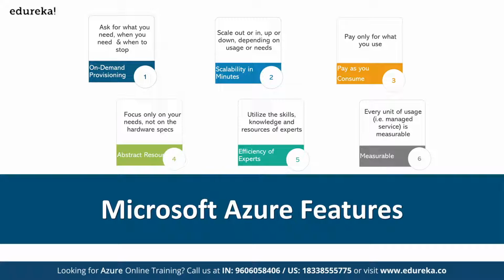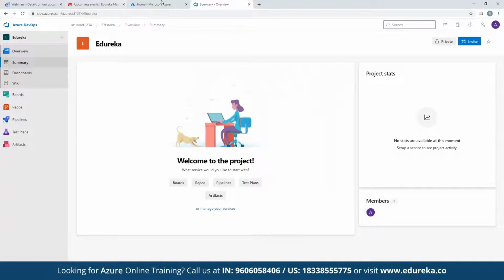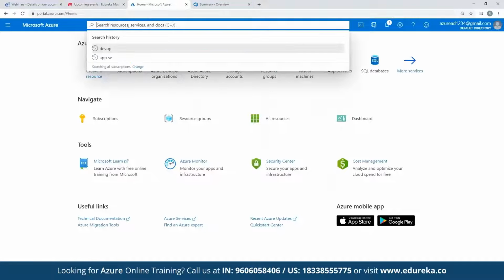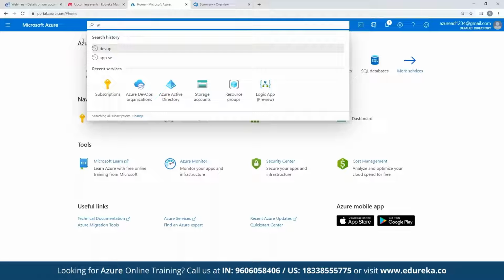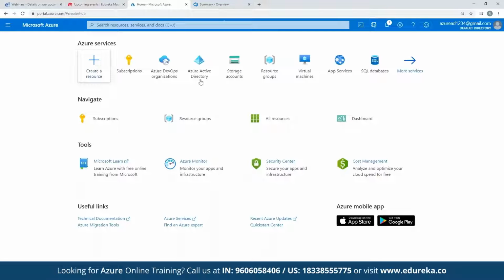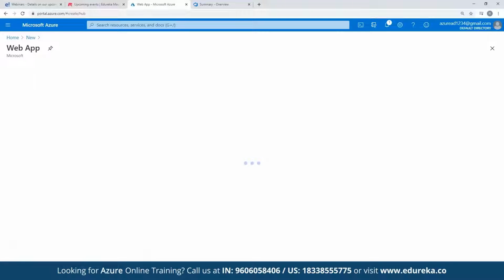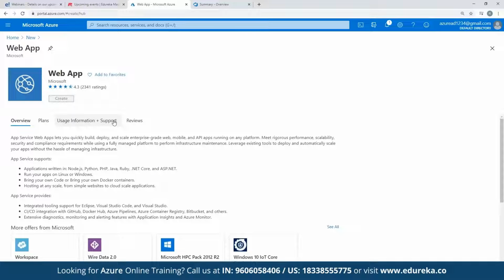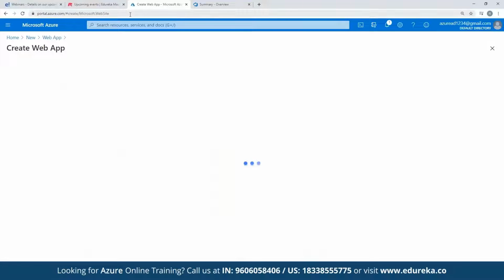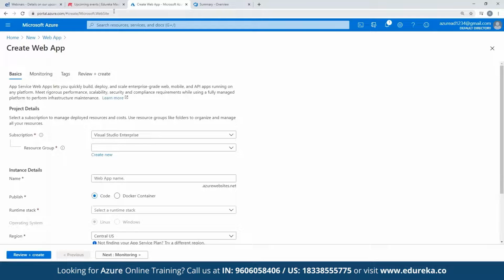Let's take an example of DevOps that we also created. Or let's take a web app example. Just now we were trying to create a web app. It's just an on-demand service that will be created. A web app is a PaaS service, platform as a service. If we want to build a web application, we can create it in a minute or a few minutes in Azure. You can just try and create a test web app here. This is your Azure portal. If you are interested in pursuing more on Azure, you can go ahead and create your account on portal.azure.com.